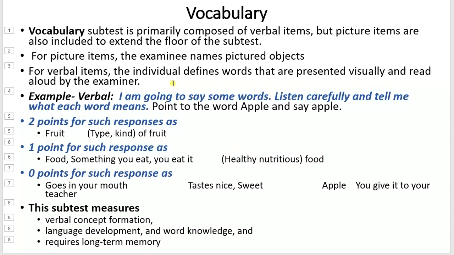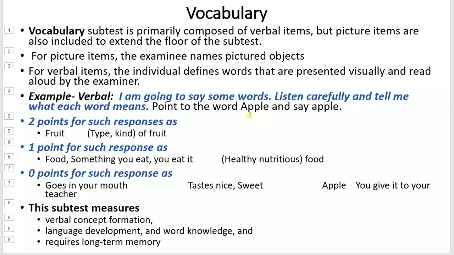So, this is the instruction. You will say, "I am going to say some words. Listen carefully and tell me what each word means." And then here it is written, point to the word apple. So in the booklet you will point your finger at apple and say apple aloud,